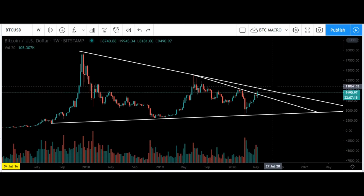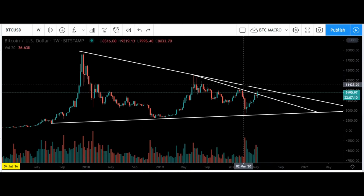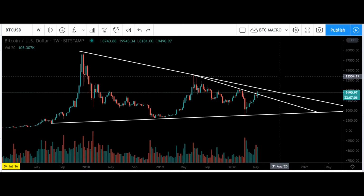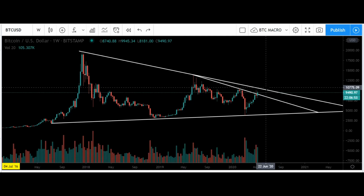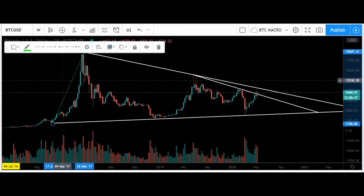And all the trades that I've been showing you guys, most of them have been these downward trend lines. And you've seen that I look at them on the 4 hour, the 1 hour, the 15 minute, and I've been making some pretty good percentage trades out of them. These are weekly patterns. These are massive. The move here could be absolutely huge, if we do get this entire triangle play out,